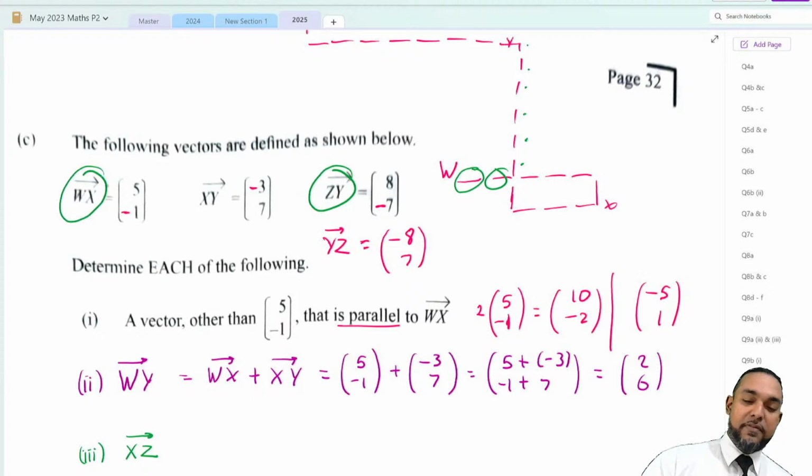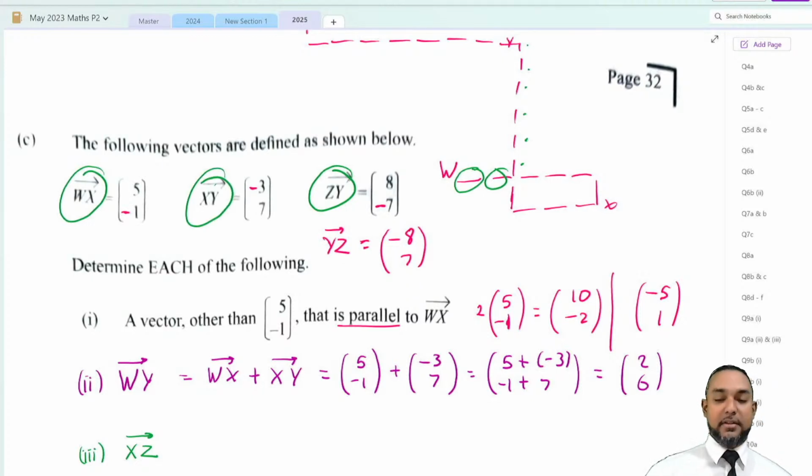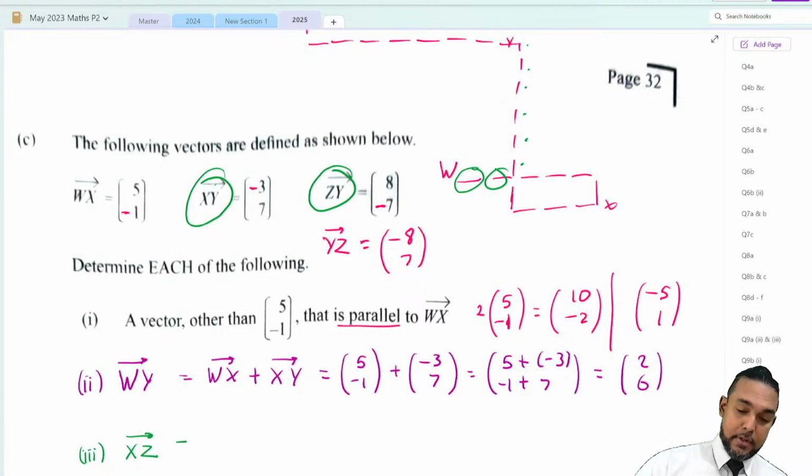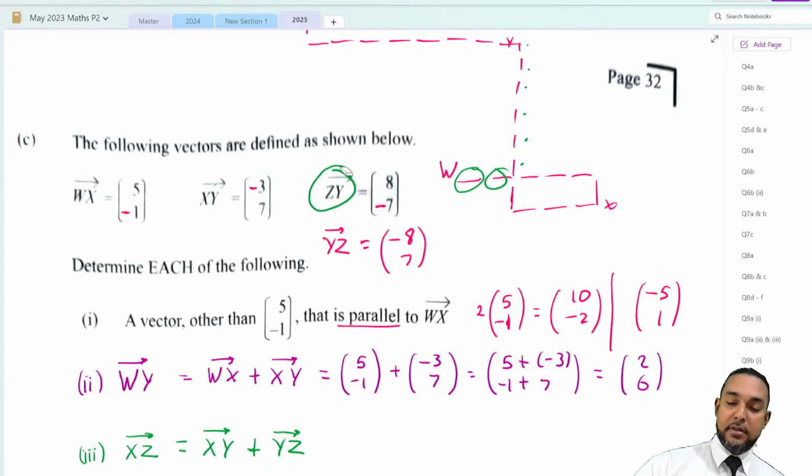And which of these has the Y to connect it? XY, right. So to get XZ, we had to go from X to Y and then Y to Z. And as you notice, initially, like I said, they gave us ZY and we inverted the vector to get